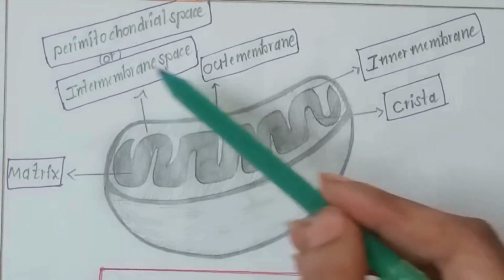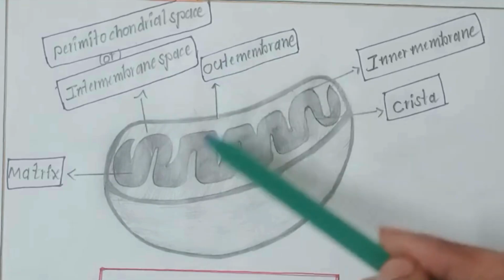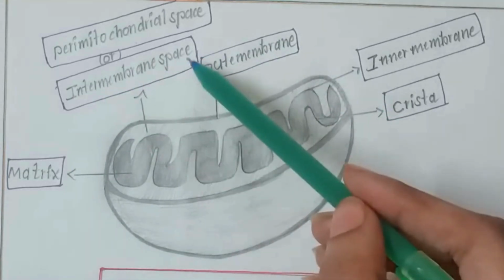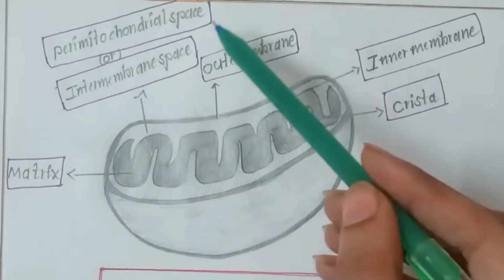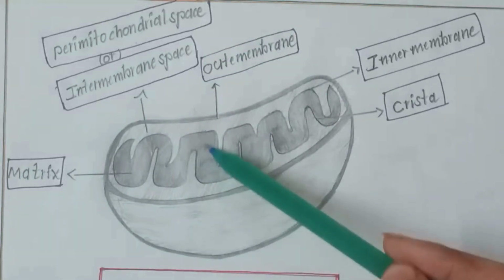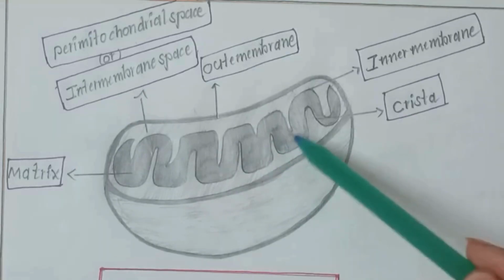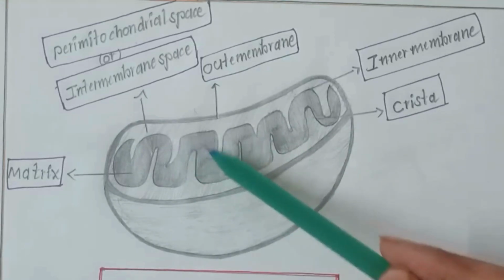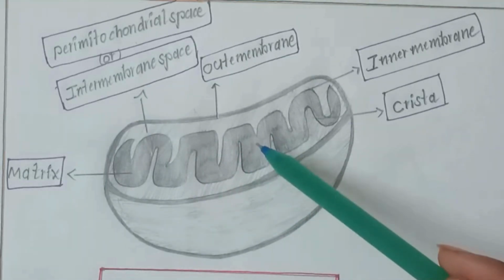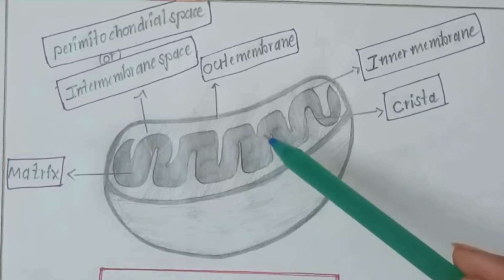The outer compartment, which is present between the outer and inner membrane of the mitochondria, is known as the intermembrane space or perimitochondrial space. Coming to the inner compartment, it contains a dense homogeneous substance known as matrix. This contains circular double-stranded DNA molecules, RNA molecules, 70S ribosomes, and also components required for